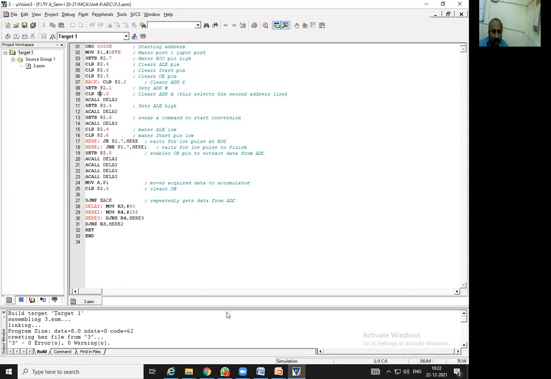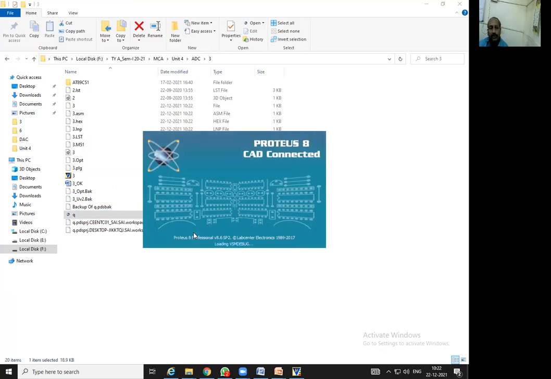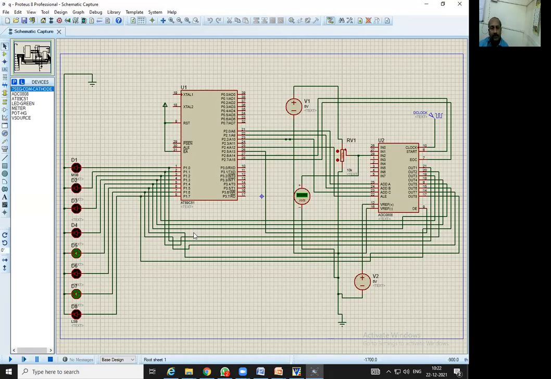Okay. So once it is compiled, the hex file is generated. That we have to use in the Proteus software. So that setup I have also made, that is these connections in Proteus software. So you have to open this Proteus and make the arrangement. So this is the Proteus software that has been opened, and in that I have already made all these connections. Definitely it will require half an hour to make them sincerely, with very concentrated attention.